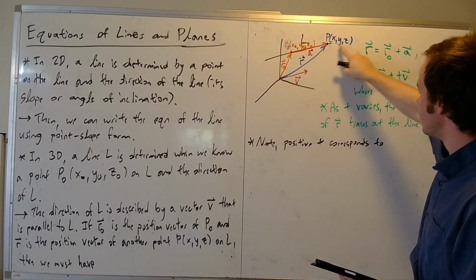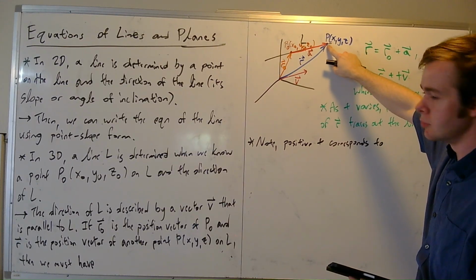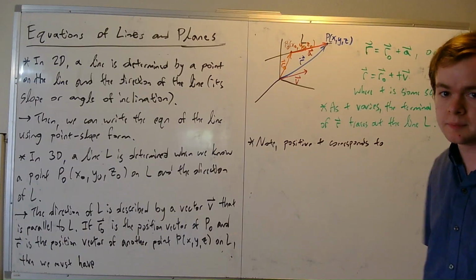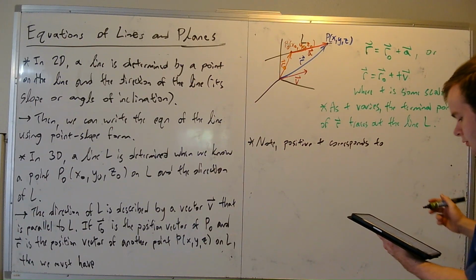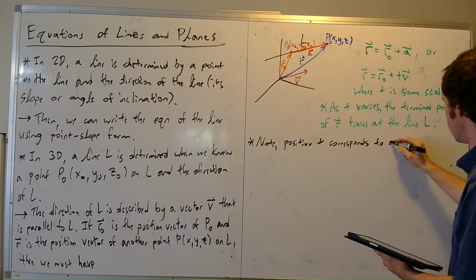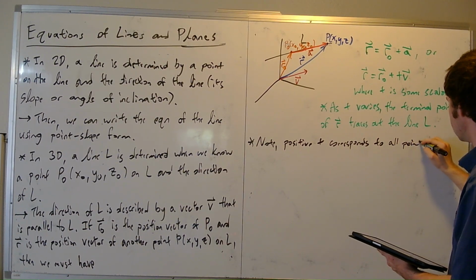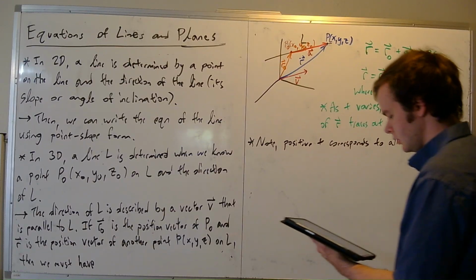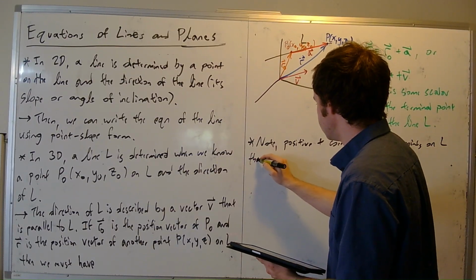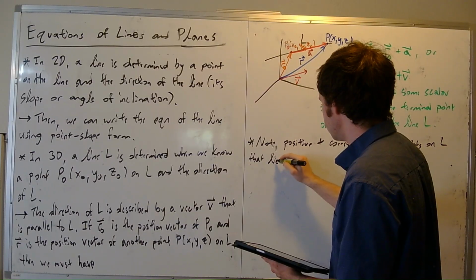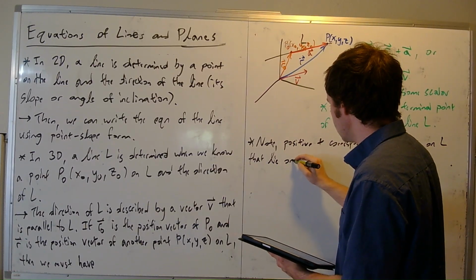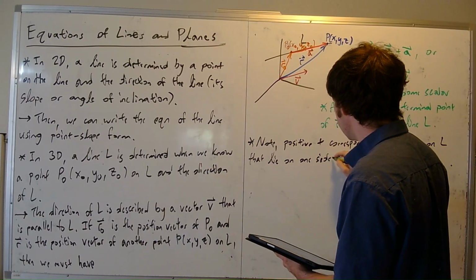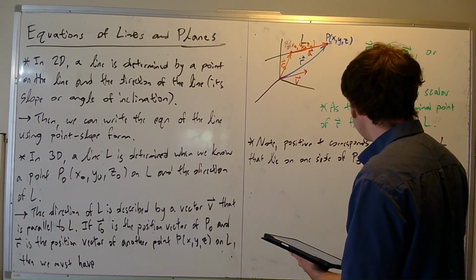So we're getting all the points, the terminal points are going to be all the points to the right of P0. So here, positive T corresponds to all points on L that lie on one side of P0,